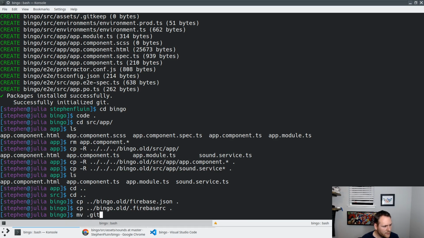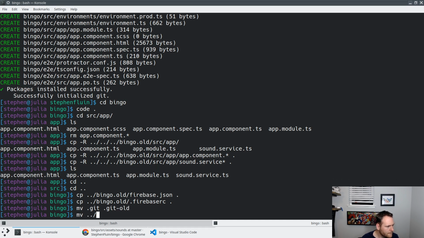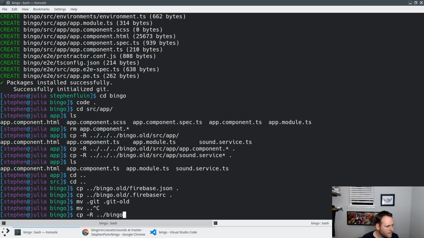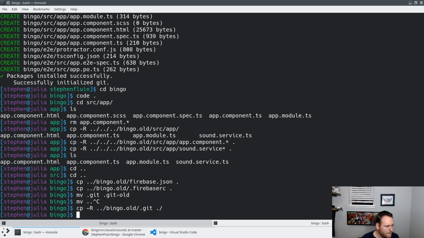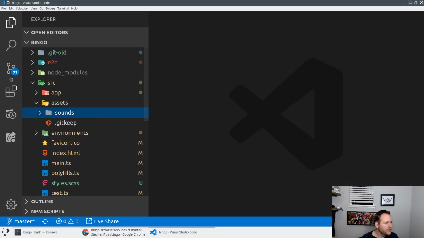And let's move our .git to here. So we should be able to see a git status and see all of the changes that we just